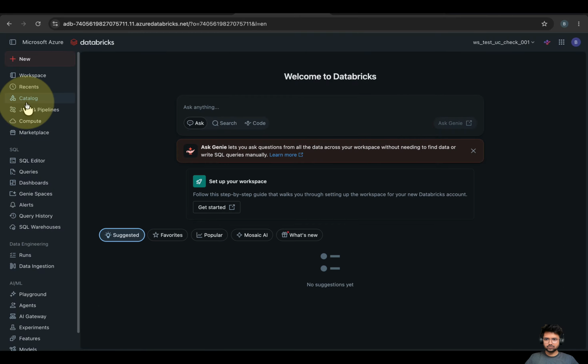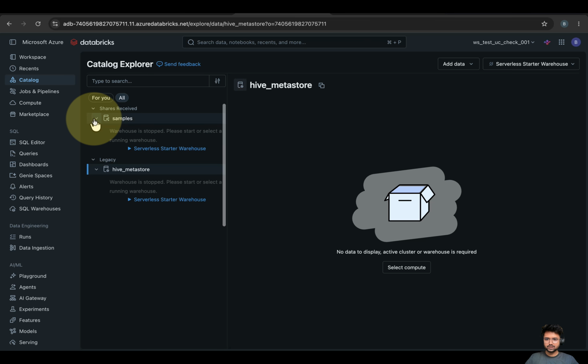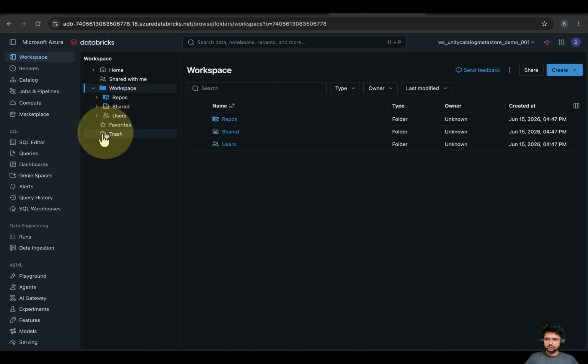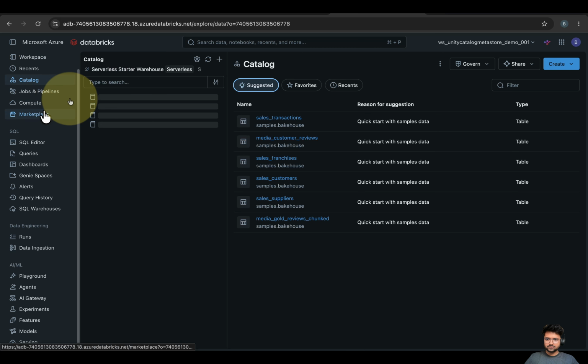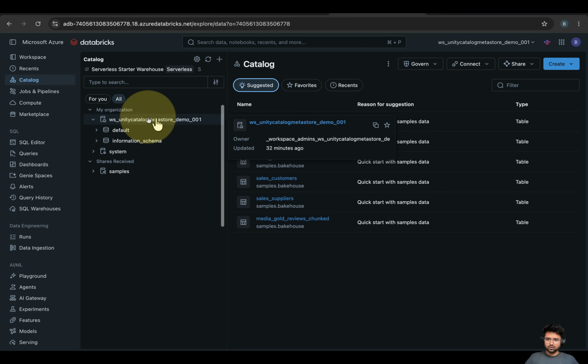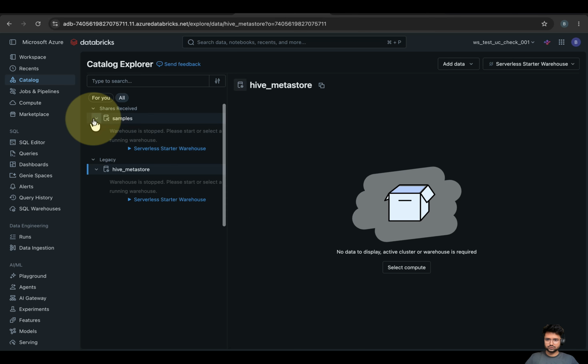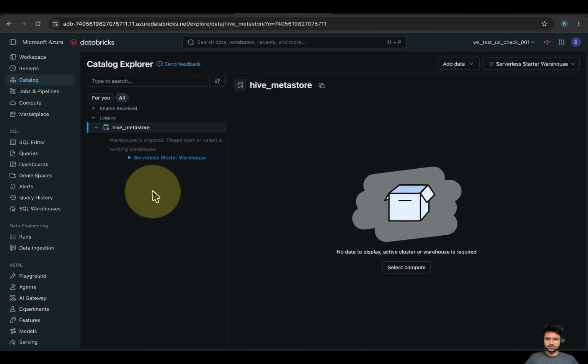All right, so if you go to this catalog option, you will see this legacy Hive Metastore only, and this is the sample for the serverless starter warehouse. And if you compare it with our previous workspace, where we have the Metastore attached, you can see this is the default catalog already created for us. And here we only have this Hive Metastore option. So to fix this, what we need to do,